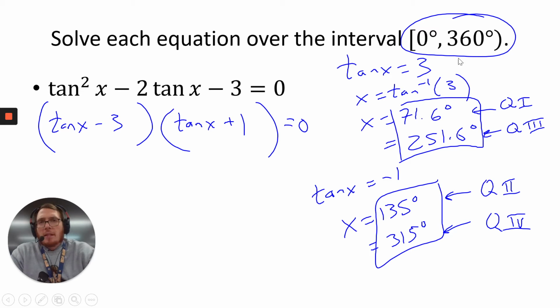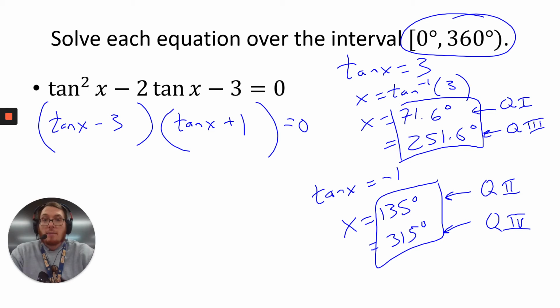Now the important thing about this scenario is that it's 0 to 360 degrees now, so you want to make sure your calculator's in degrees for these questions, and you'll just be using the tan inverse feature of your calculator. You'll have to pay attention to what it shows up as on your calculator to know what the answer is. Most likely what you need to figure out is what's the reference angle and what quadrants am I in to find my answer. So for example, tangent inverse of 3, you should have got 71.6. That's the answer in quadrant 1, and the second answer would be in quadrant 3 by taking 180 plus that reference angle. For tangent of x equals negative 1,